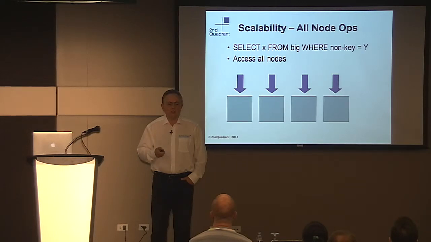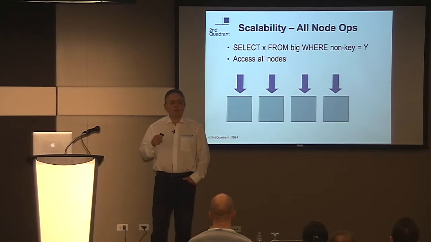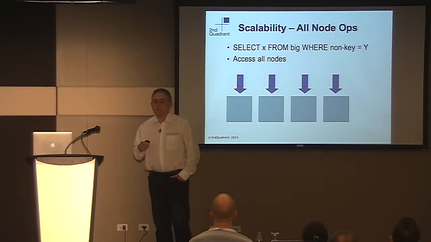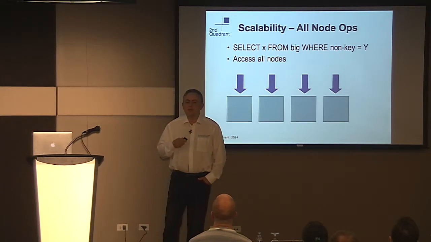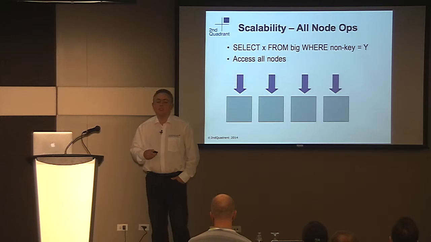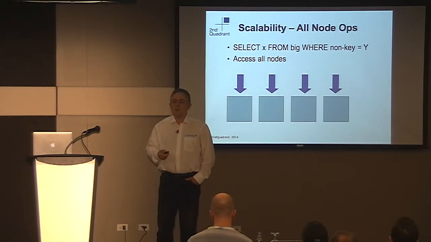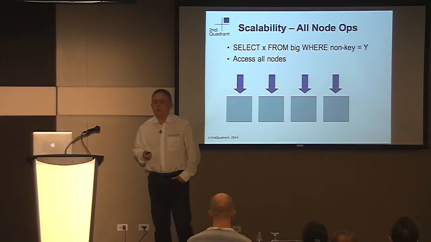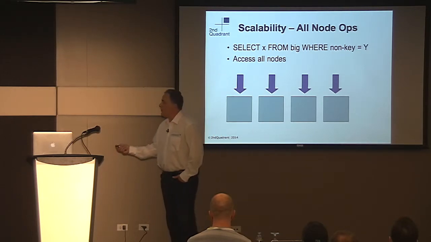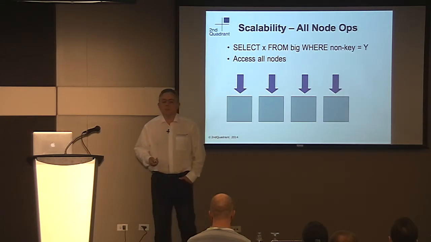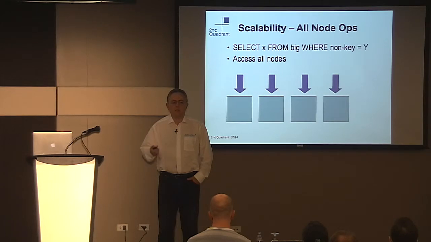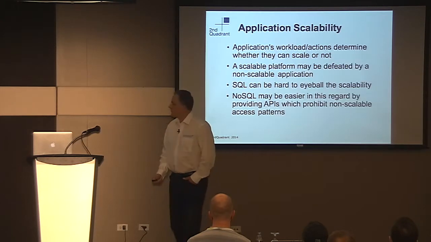And what that means is that the speed of replying to this single request may well be speeded up by adding nodes. Okay? But our ability to handle more requests does not increase. So our ability to handle OLTP style workloads is not increased when we have all node requests. So in order to build a scalable system that can handle OLTP systems, we need to get some way of restricting the query down to less than all of the nodes.